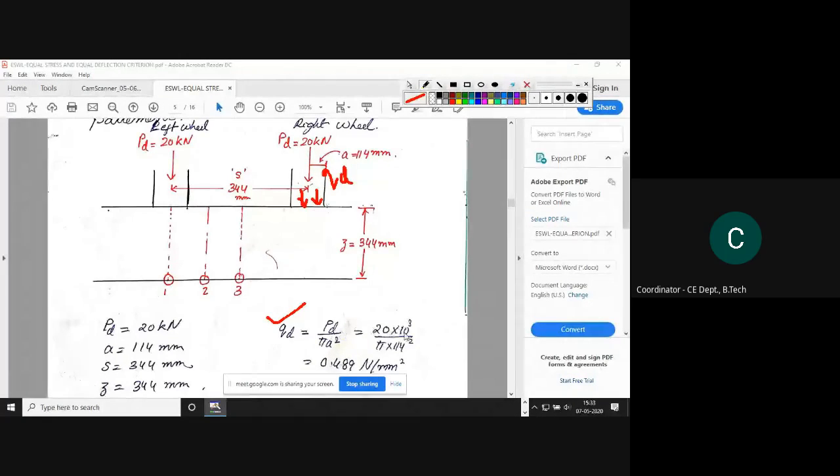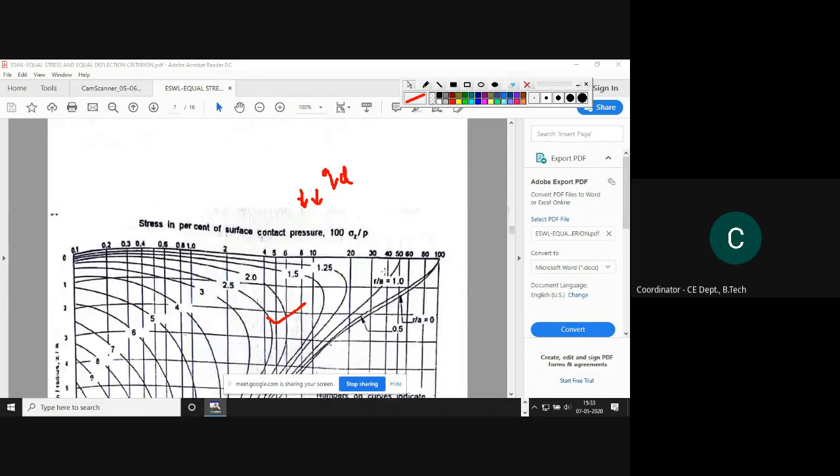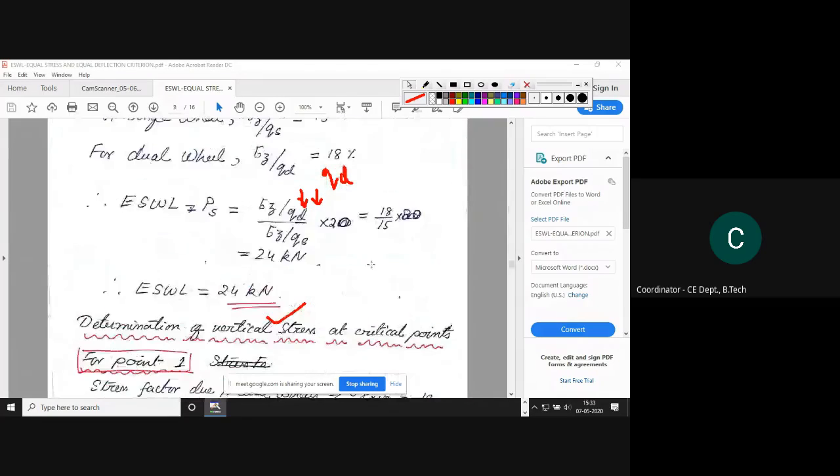PD is 20. Okay, it was in kilonewton. I convert it into Newton. And A is here in millimeter. So unit will be Newton per millimeter square. So QD came out to be 0.489 Newton per millimeter square. So use that value here. QD we will use in this equation. See